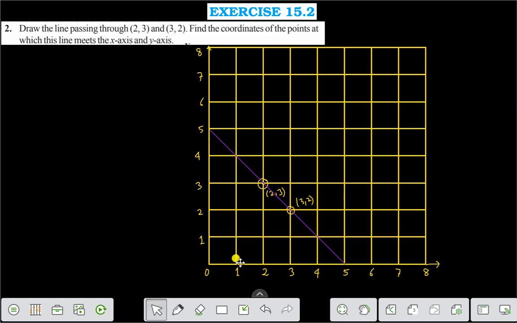You see, we get a straight line like this, and here you see this point we are getting is